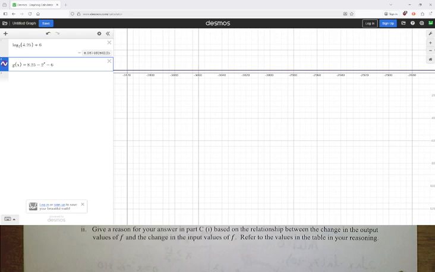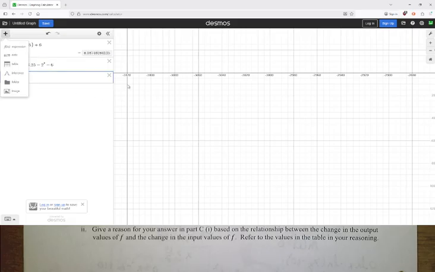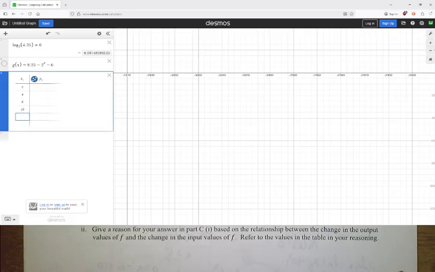And I will create a table. On top is 2, 4, 8, 16, and 32. And then these numbers are 8, 16, 24,